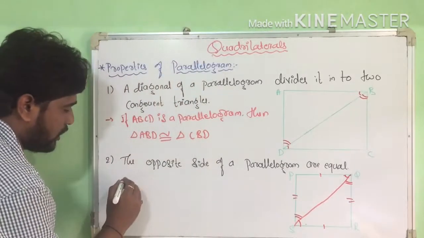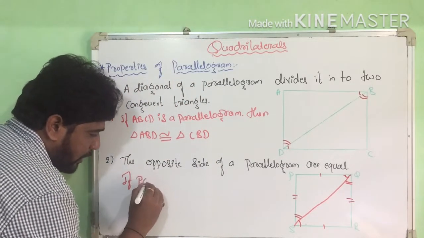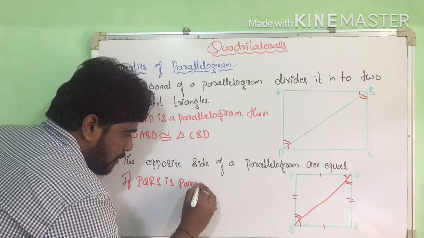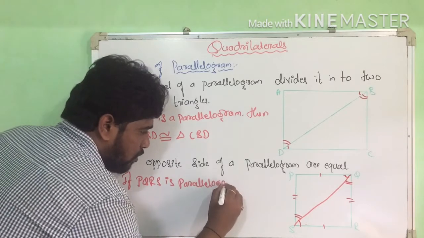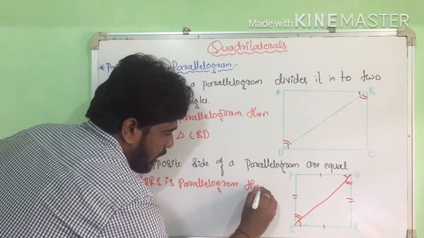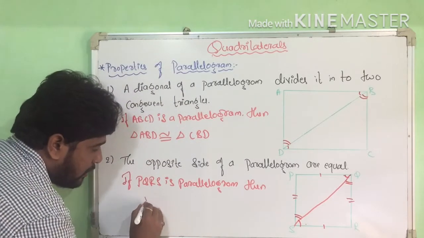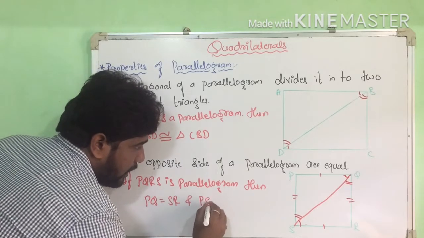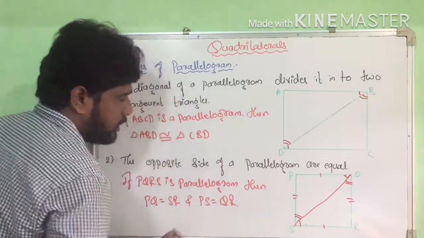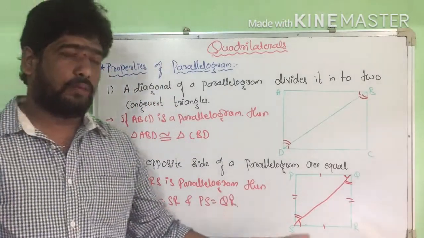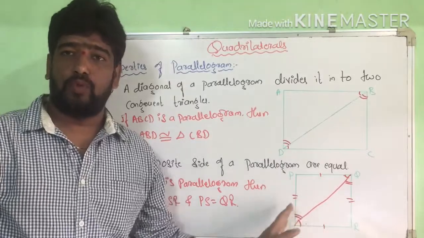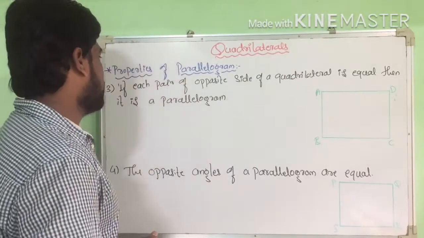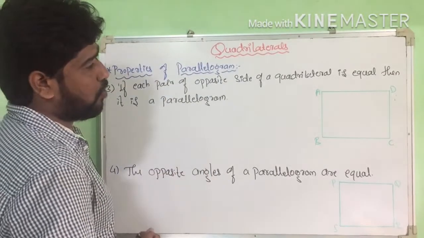Is it clear? So here if PQRS is a parallelogram, then PQ is equal to SR and PS is equal to QR, right? If PQRS is a parallelogram, its opposite sides are equal. Is it clear? So well students, the next property, the third one: if each pair of opposite sides of a quadrilateral